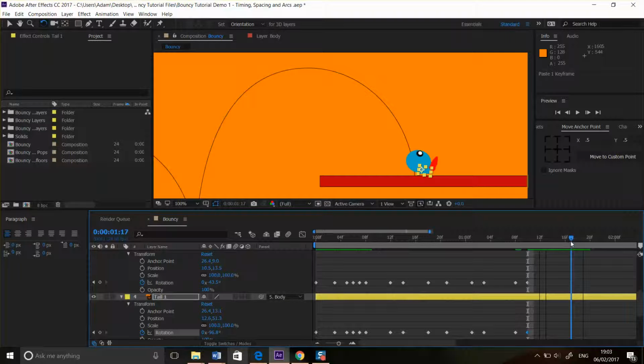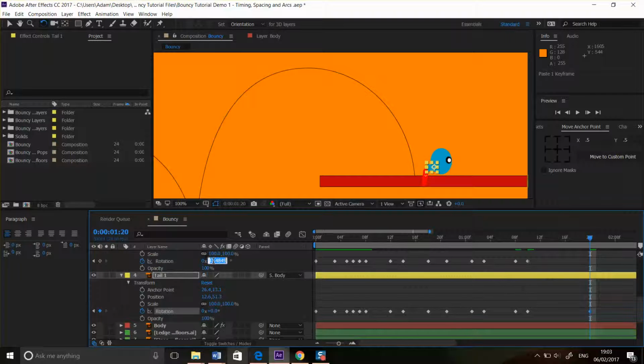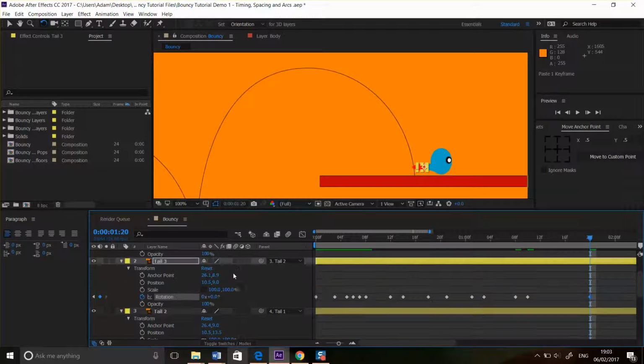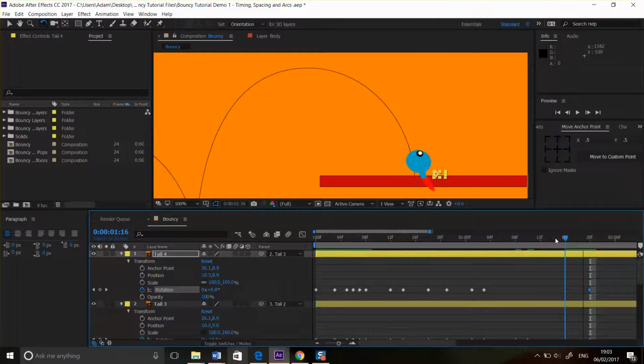so what we want here is the tail to be straight. So at this frame, we're going to go through, we're just going to set these to 0 and 0 and 0, and that should all be done. And we're just going to key that one. So what we've got to do is now just work out that distance between, so obviously around here,